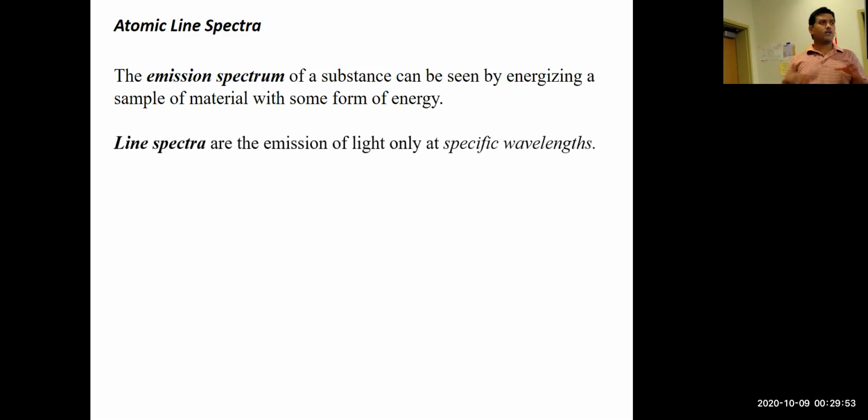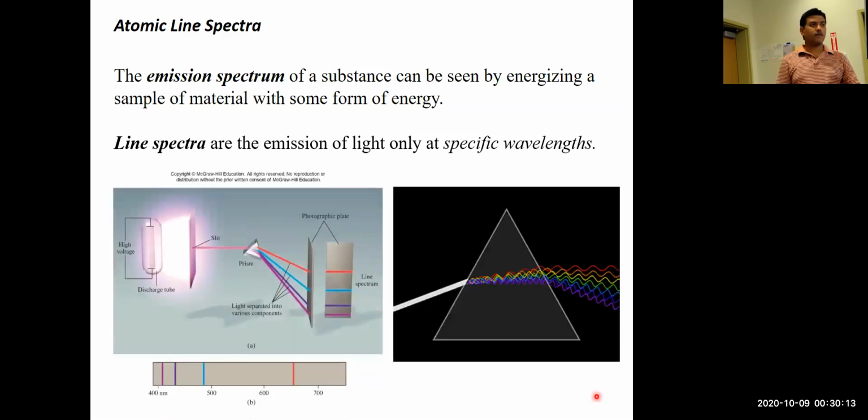The emission spectrum of a substance can be seen by energizing a sample of matter and seeing that radiation through a prism. That technique is called line spectra. We can produce the line spectra of any emitted light or radiation at specific wavelengths. If you expose a sample to a high voltage source, or you can even look at the sunlight, or simply look at the light in this room through a prism, and you can see that the light is actually